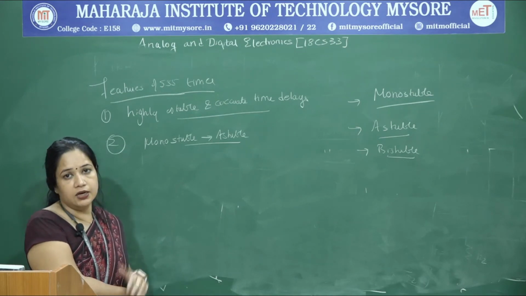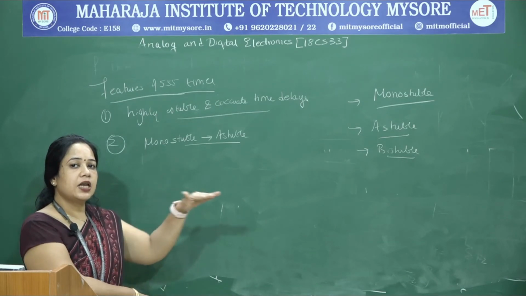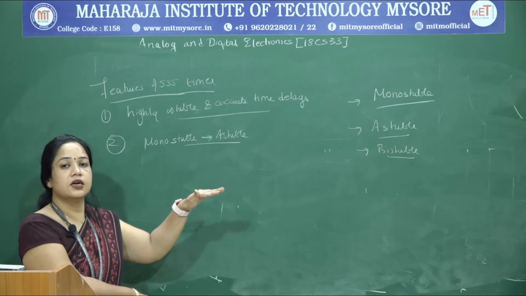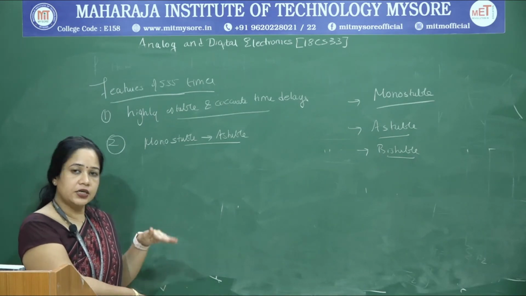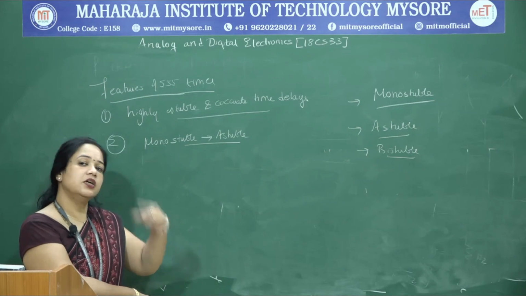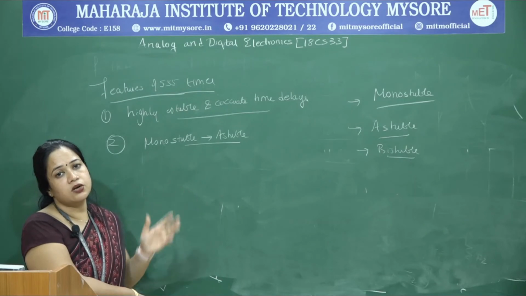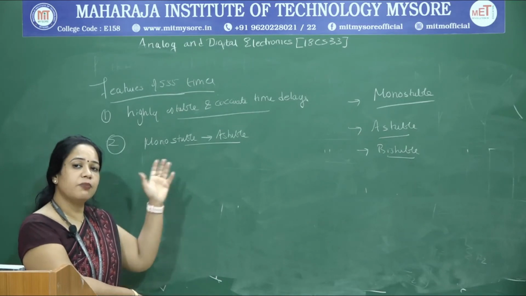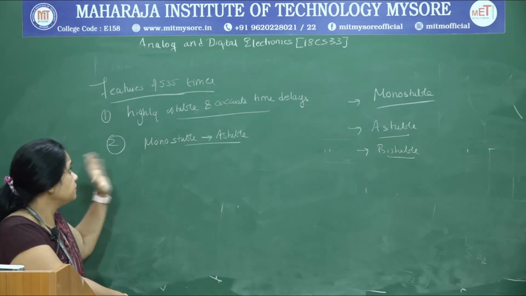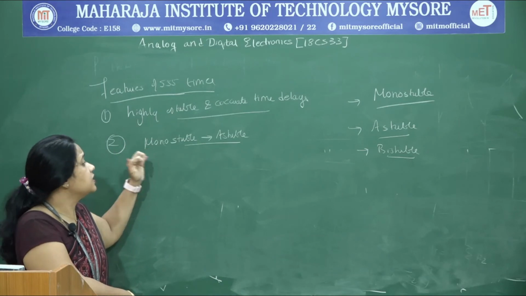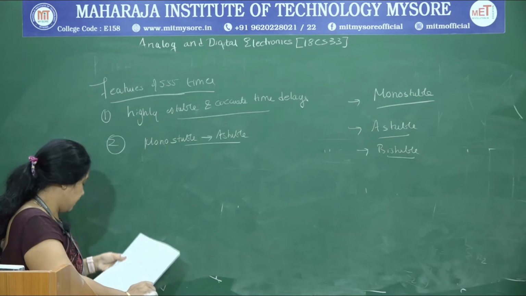And coming to bistable multivibrators, both states are stable. It is either in the high stable state unless it is triggered, and once triggered, it jumps to the opposite low stable state. When it is in the low stable state and triggered, it jumps back to the high stable state. And in astable, neither high nor low is a stable state. It moves back and forth between the two states, so we call it an astable multivibrator. The beauty of the 555 timer is that it can be easily configured as a monostable and astable multivibrator.